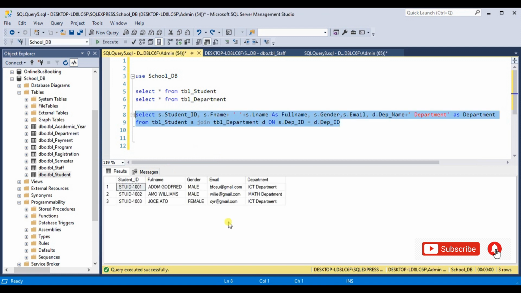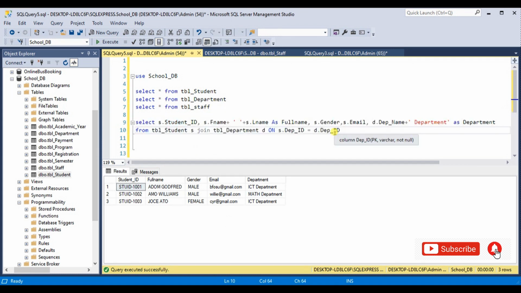So this is how to use the join statement. You can add another table to it as well. So I'll add the staff table to this query. Now let's also come here and do that. So I'll come behind the from, I create a space, and I say the staff, let's say I'll do st dot